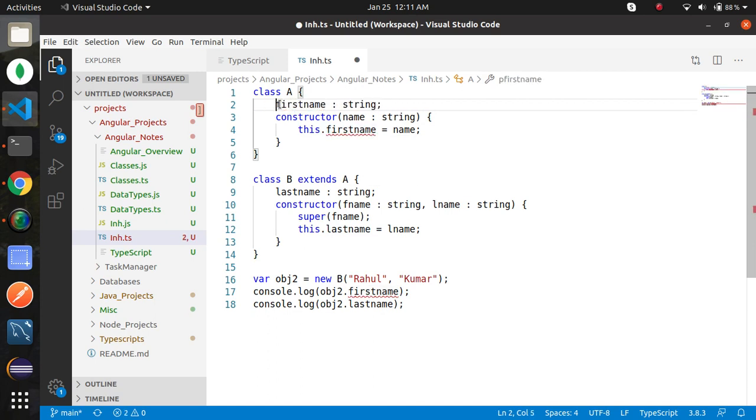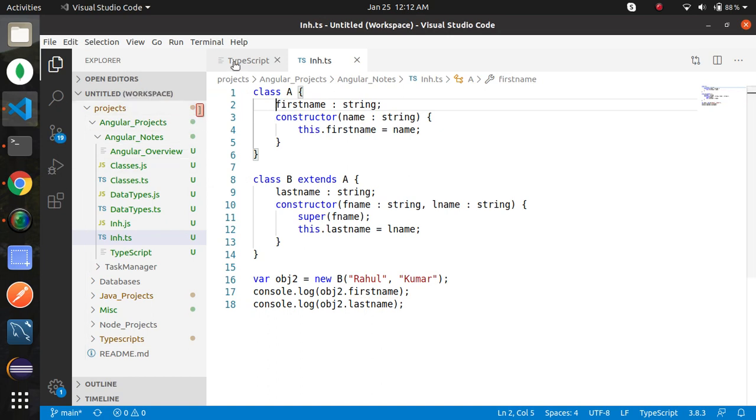Basically, if you want to provide only one level of inheritance, then you can use protected like this, and if you want to use the property only in the same class, then you can define it as private. And if you provide public, or if you do not provide anything, then by default this will be public, and this will be available in the same class as well as in the inherited class, that is the child class, correct?